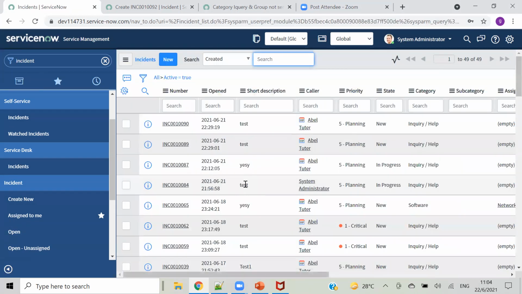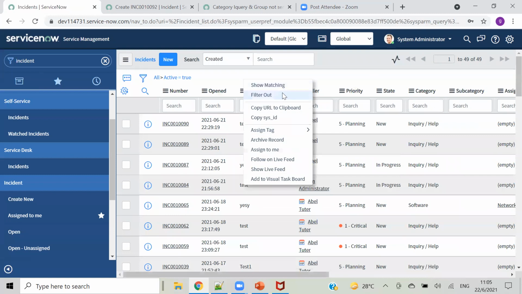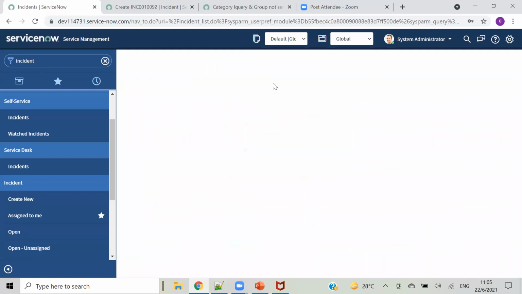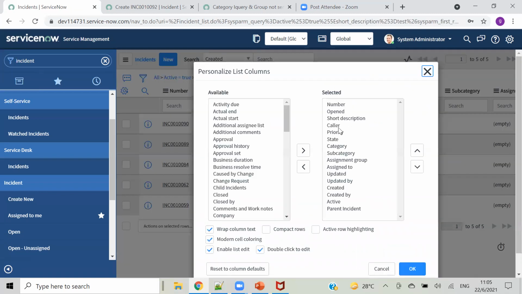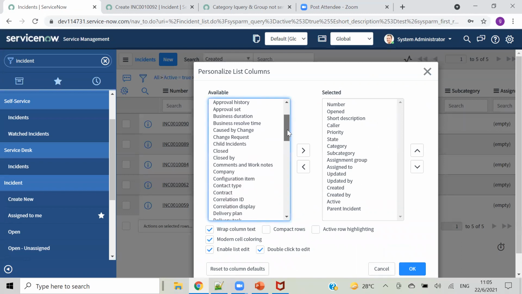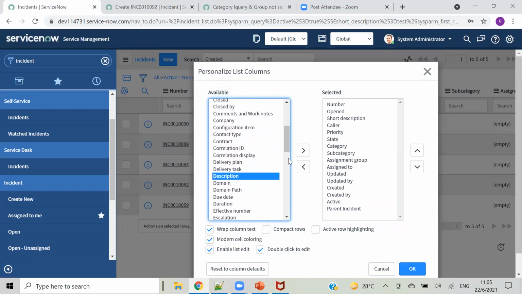I am opening and filtering this. So you can see we have 4 or 5 records with this. And where we have description, yeah, description.